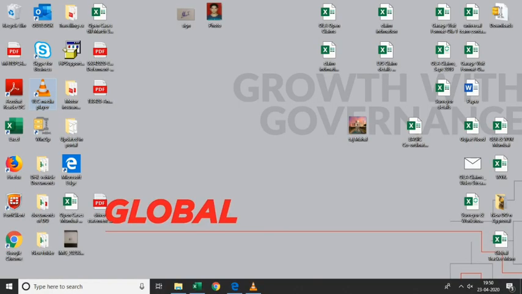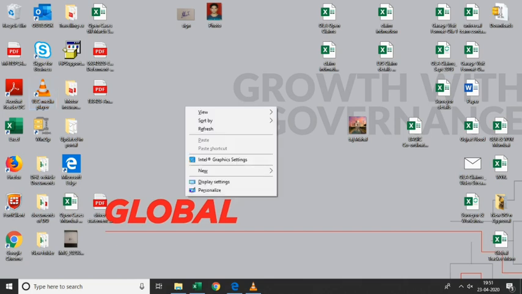Over there also you can create it. Now on my desktop, I want to create an MS Excel file. So I'll right click on the blank space of the desktop, then go in New, and after going in New, you can select Microsoft Excel Worksheet.